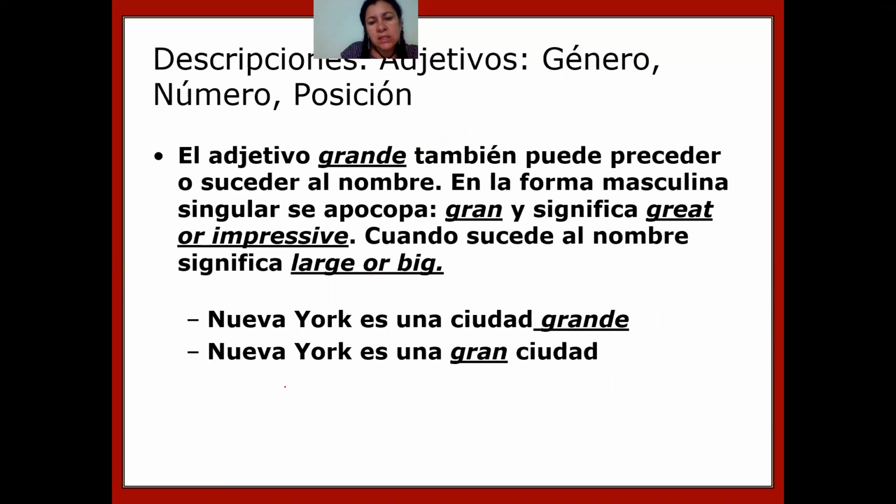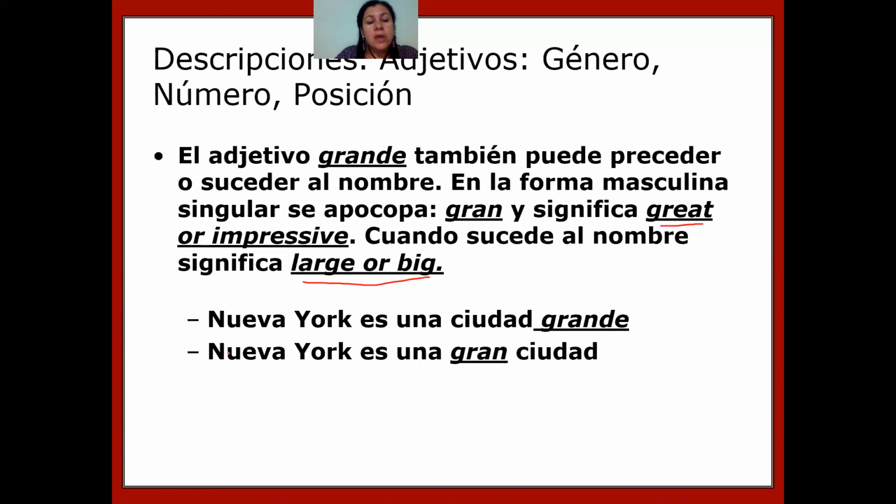A specific adjective for our level, I'm going to just talk about this one. It's not the only one in the language. But let's think about this adjective that changes position and changes meaning. See? Bueno, malo, they do not change the meaning. They continue being good and bad, or good and evil. But in this case, grande, depending on the position, changes meaning. Let's go here between, and the meaning goes large or big or great.